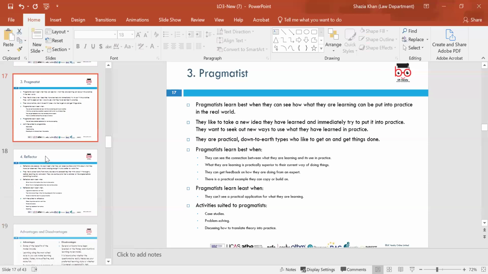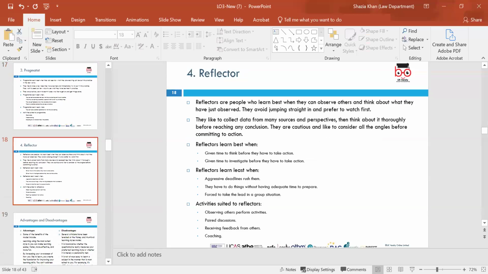And then the final one is the reflector. These excel at observing and reflecting on experiences, their own and others'. Like theorists, they prefer to start in a research mode, but they're more comfortable with messy qualitative data, stories, and other disparate sources of information, drawing out tacit connections. They are less in a rush to work out the perfect answer.